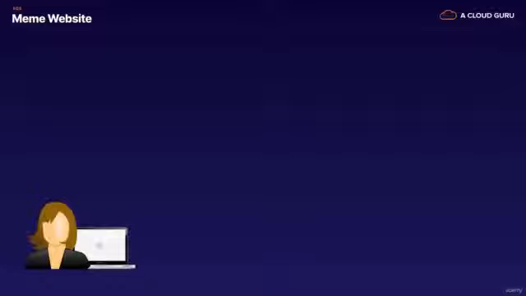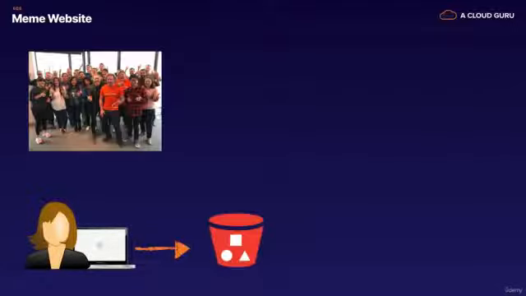So let's start with a meme website. If you want to make a meme, you have your user, you might go over to memegenerator.com. And essentially what you're going to do is you're going to upload a photo. And here's the A Cloud Guru team in Melbourne. So let's say I upload a photo to S3. And then that's going to trigger a lambda function. Now, we will cover off lambda functions in the next section of the course, but essentially a lambda function is just a little bit of code that sits out in the cloud and it does something when triggered.